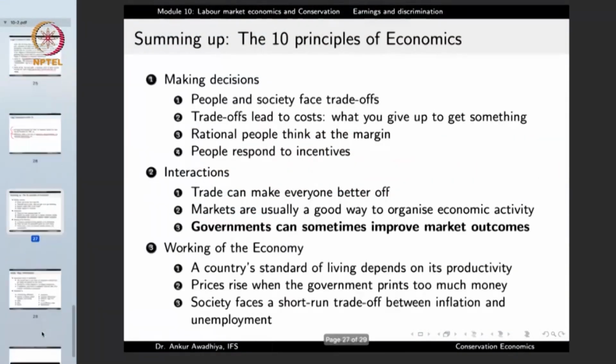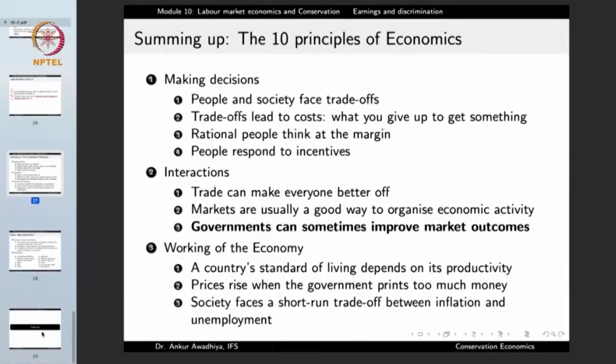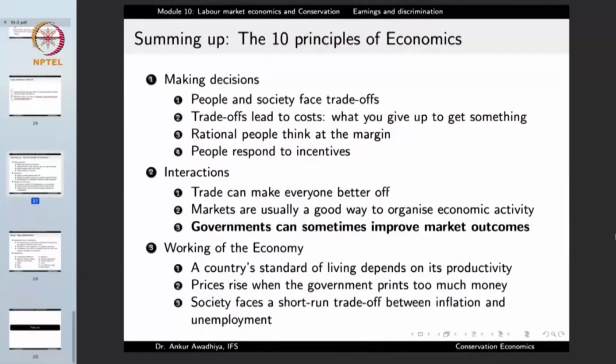And so, we can also touch upon the principle of economics that governments can sometimes improve the market outcomes. Because we saw that if the society is doing a discrimination and is paying for the discrimination, then the free market will not be able to remove discrimination. In this case, the government can act, the government can say that you cannot discriminate, and also the people that you have discriminated against, we are going to provide them with greater opportunities so that they get a level playing field from now on. And so the government can sometimes improve the market outcomes.